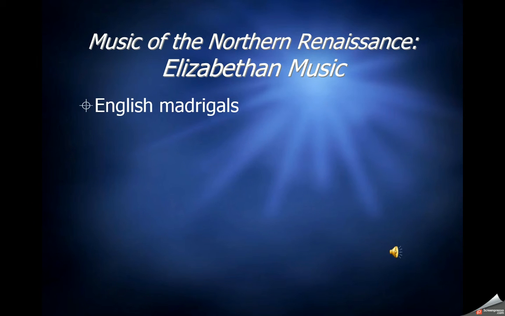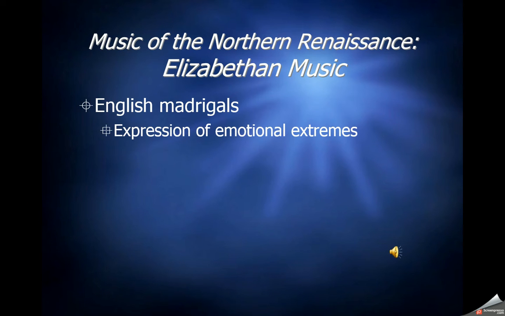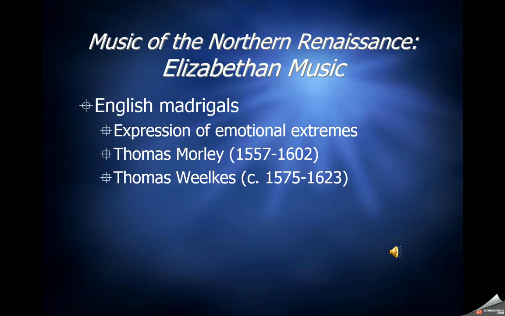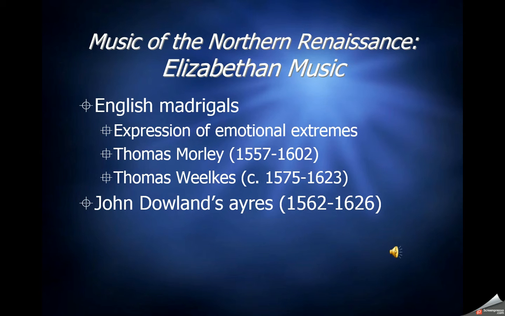We've mentioned madrigals already. These are expressions of emotional extremes. They're still very popular even today, some of the most challenging vocal music ever written, and so vocal groups love performing these. Composers such as Thomas Morley and Thomas Weelkes are very, very active in this area, as well as is John Dowland